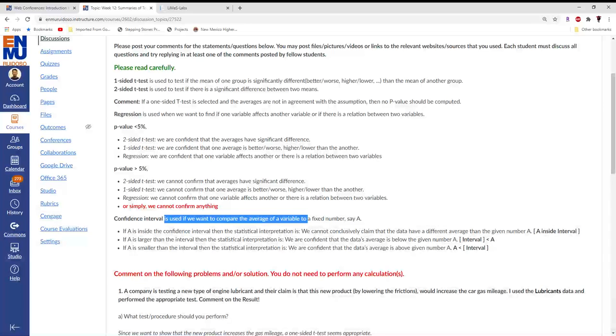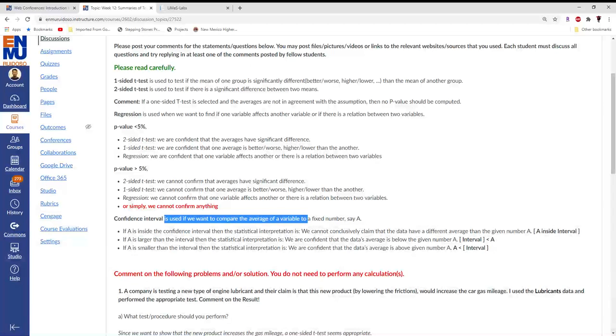T-tests are used if you want to find out the difference between the averages of two groups of data, then we go for t-test. Now, if you want to compare the average of a data set to a fixed number, then we go for a confidence interval. Okay, it is just like